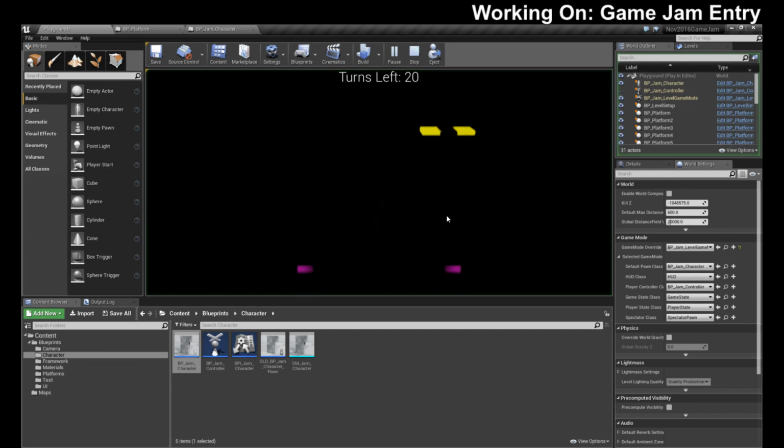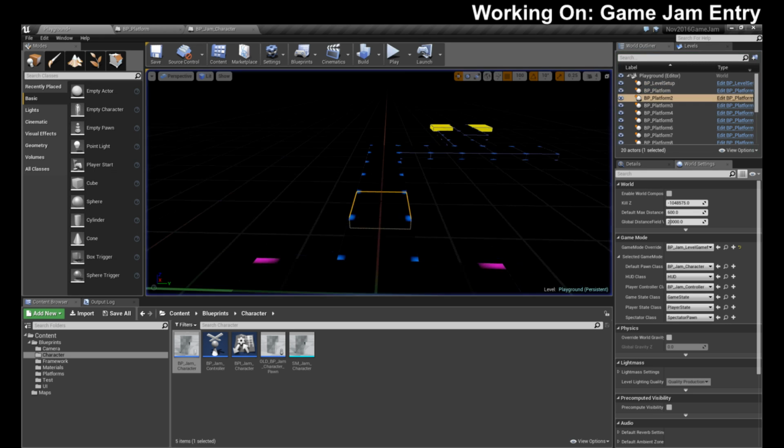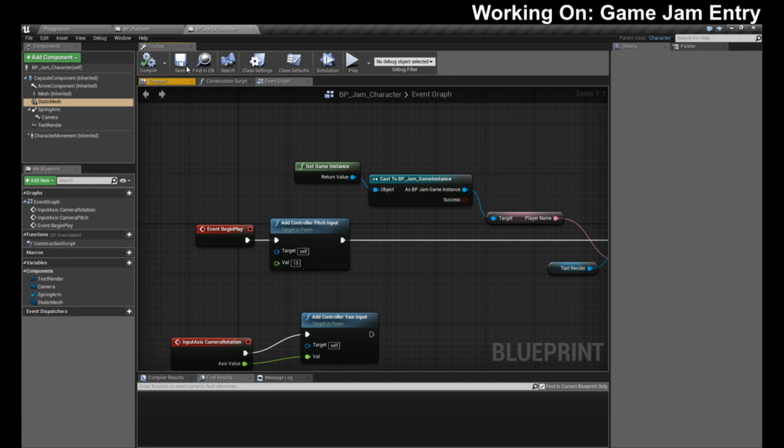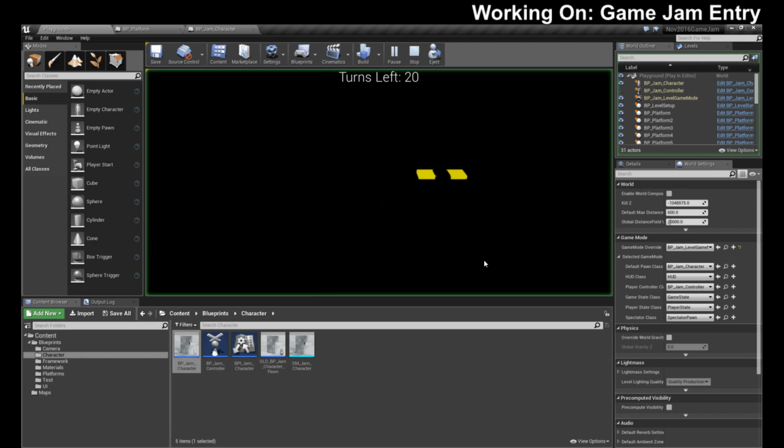I can't target the platform through my character. Of course, it doesn't help that I can't. Yeah, see, I still can't do it. So it's got to be visibility. Okay, let's try that one. There we go. Now the player will no longer block.